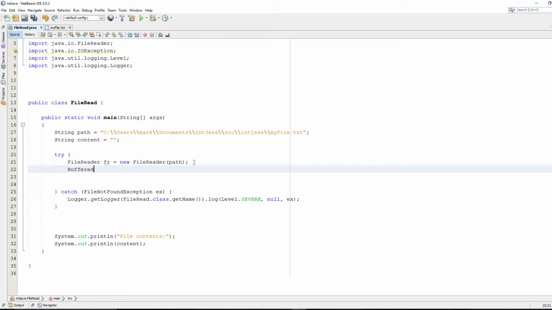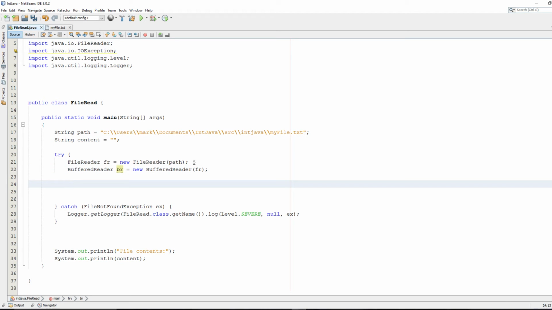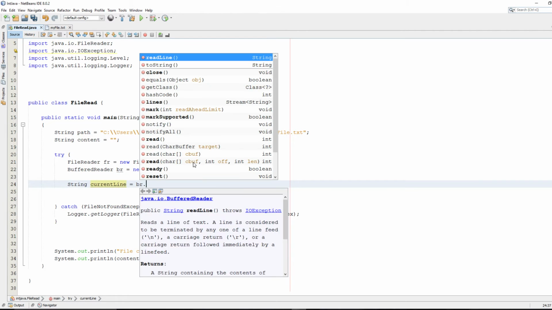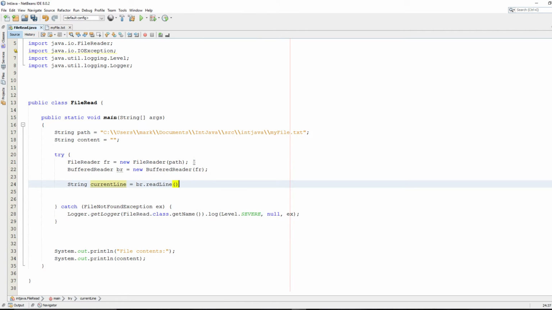The next thing we're going to do is make a buffered reader. We're going to call that br, and we're going to set that equal to a new buffered reader, and its parameter for the constructor is going to be that file reader we just made. Okay, so the next thing we're going to want to do is make a string called current line, and we're going to set that equal to br dot read line,